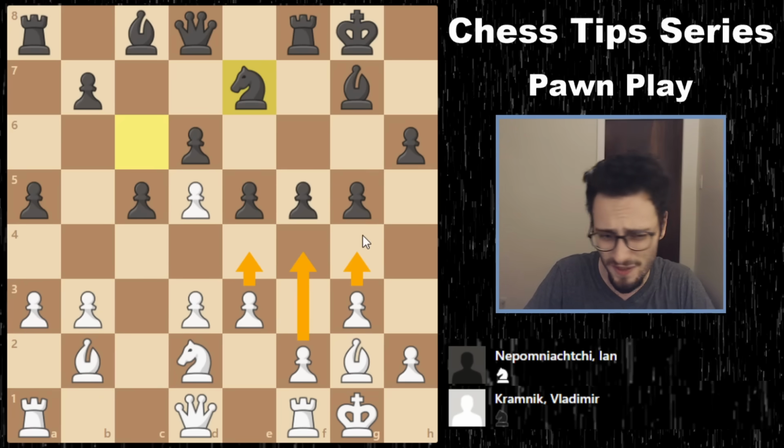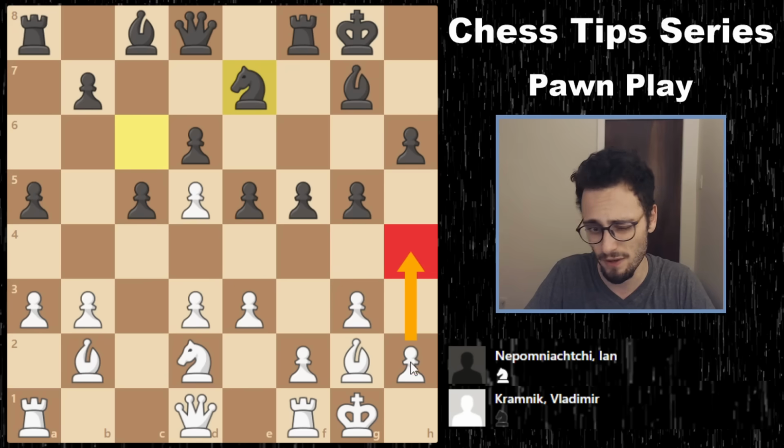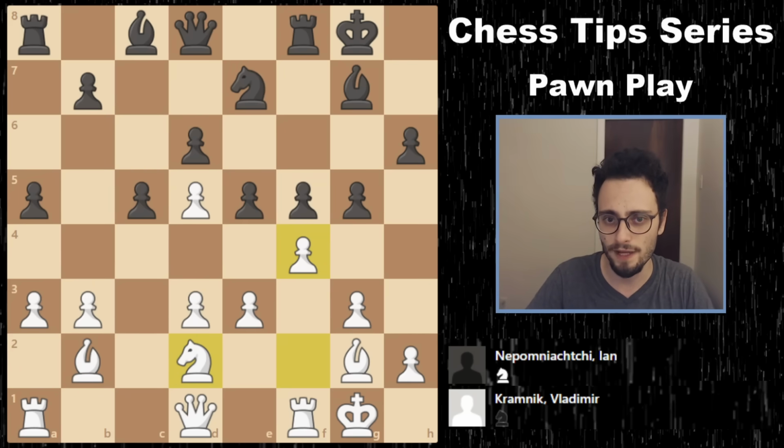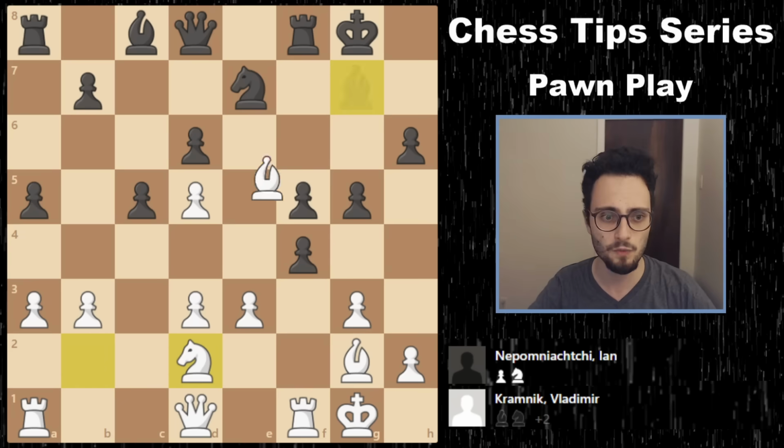1, 2. This doesn't really count. I'm not going to count this because I don't know. No one's going to play h4. 1, 2, maybe 3, maybe 4, right? In the game, Vlad played f4, and he tried to transform the position in this way by trading off